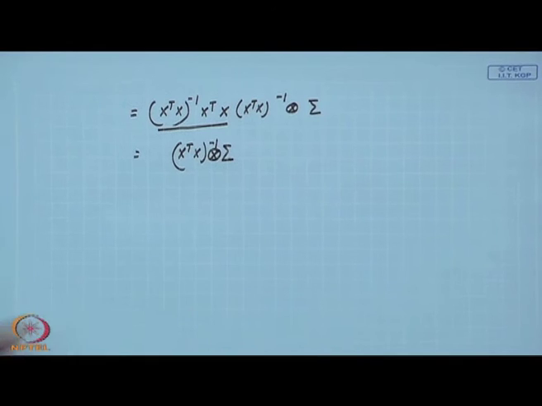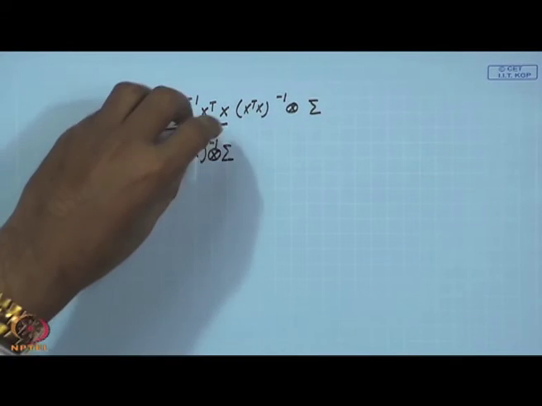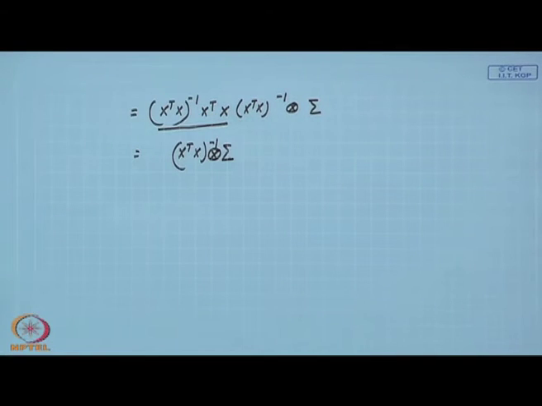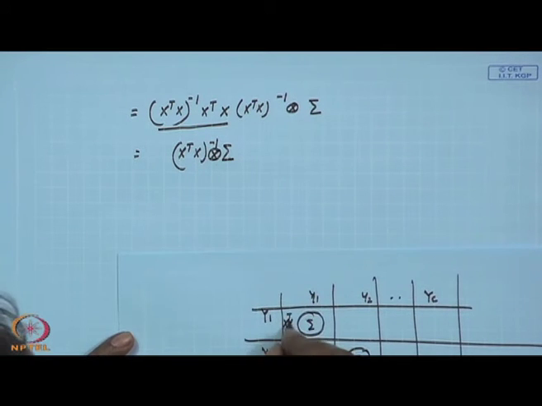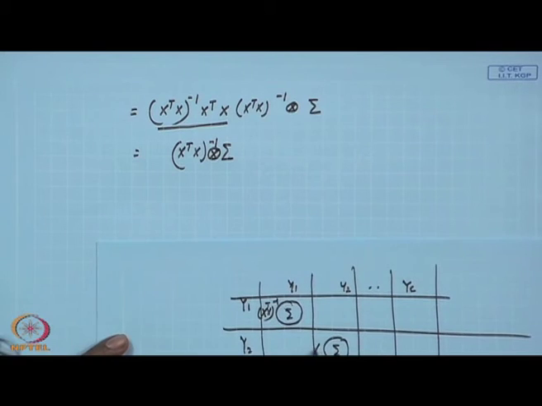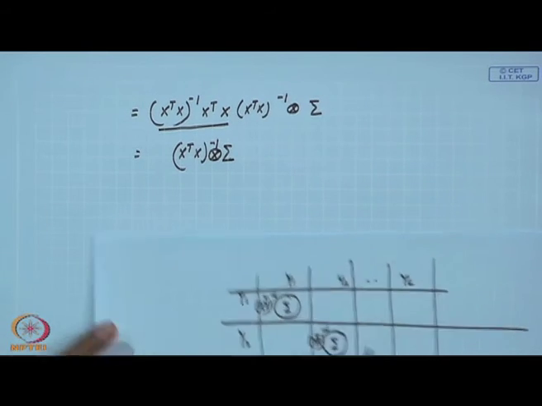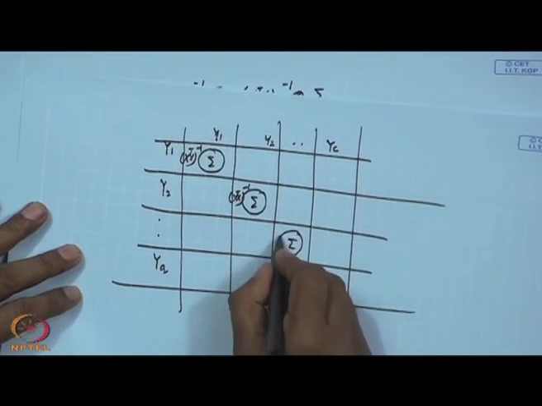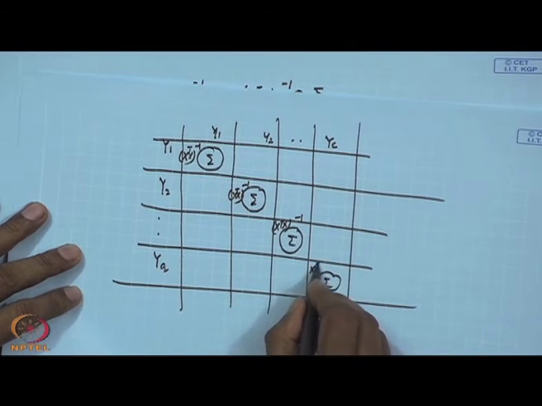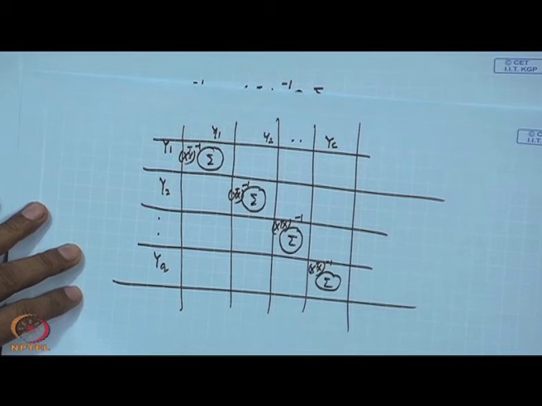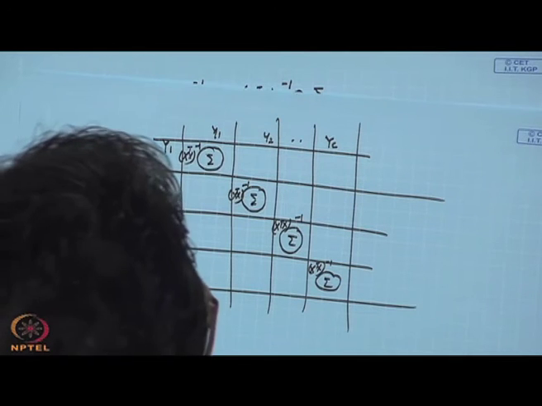Why this? For every y, x transpose x will be multiplied to every y. Here this one will be x transpose x inverse. Here it will be x transpose x inverse. Okay, here it will be x transpose x inverse. Everywhere it will be multiplied. Okay, and ultimately